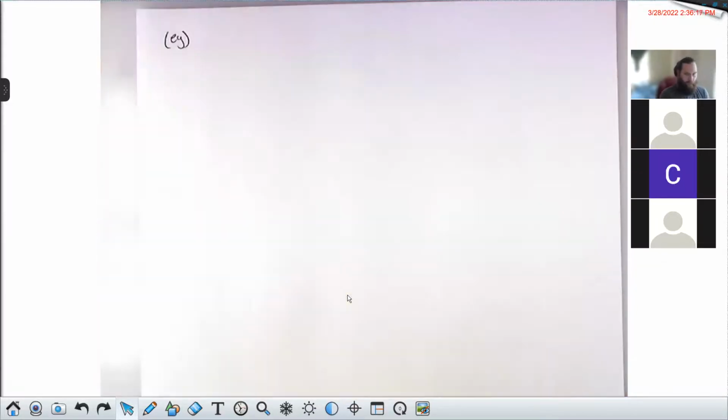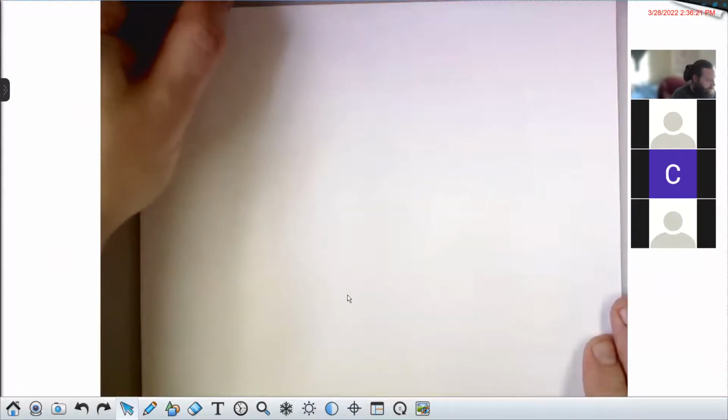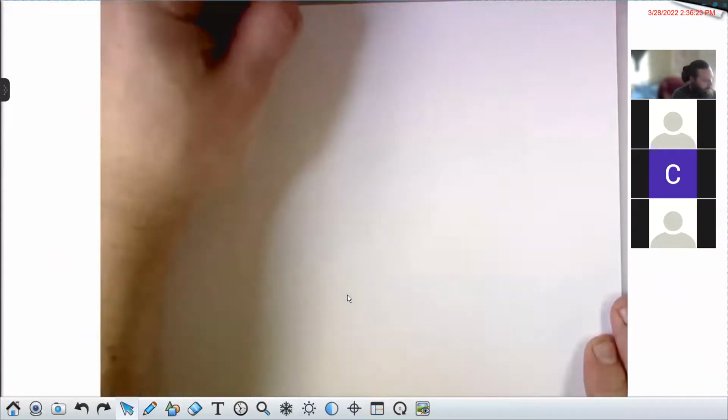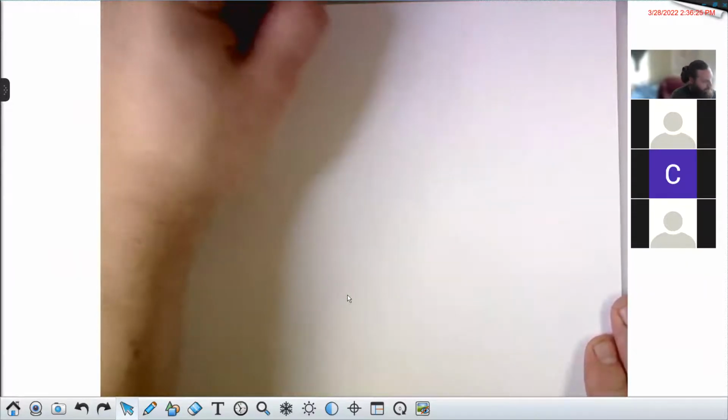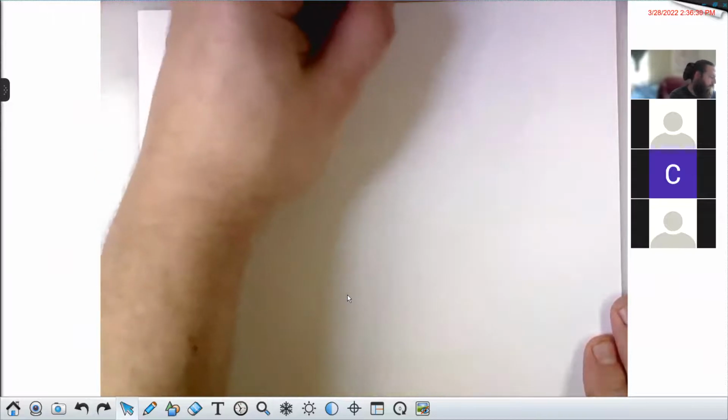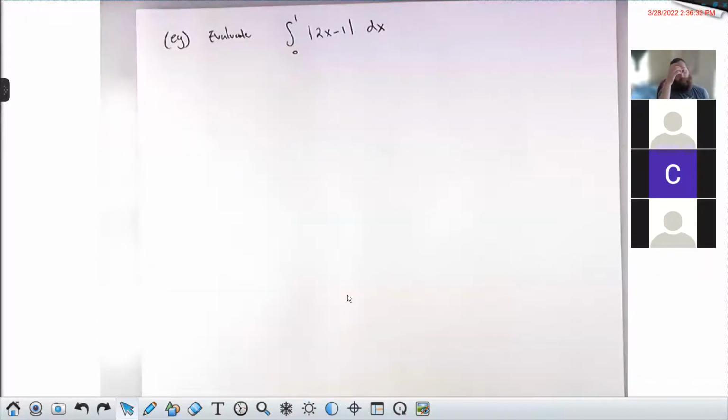We're integrating from where to where here? 0 to 1. Okay. The thing that makes this challenging, of course, is the absolute value, right? If this was just 2x minus 1, rather than the absolute value of 2x minus 1, I could split it up and apply geometry to each little piece. I want to contrast